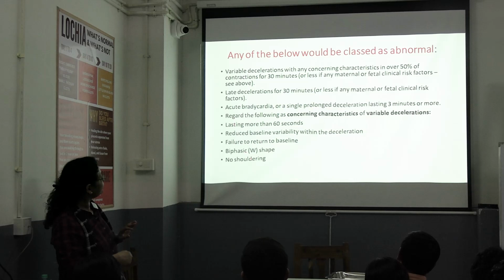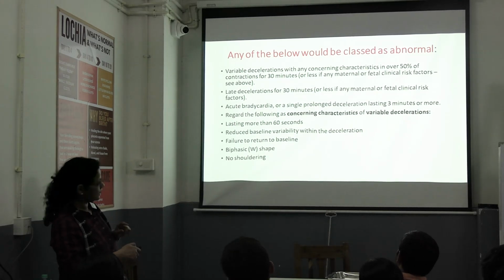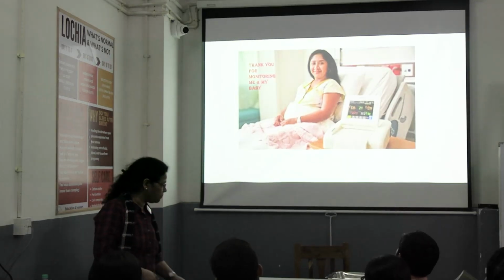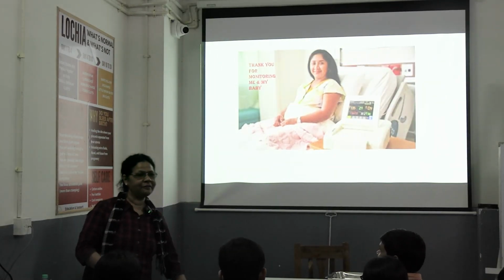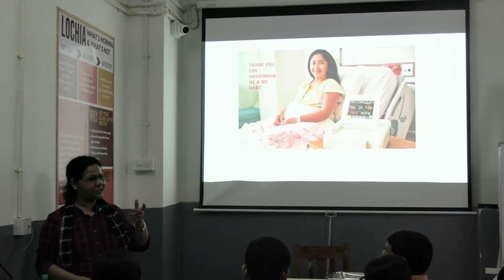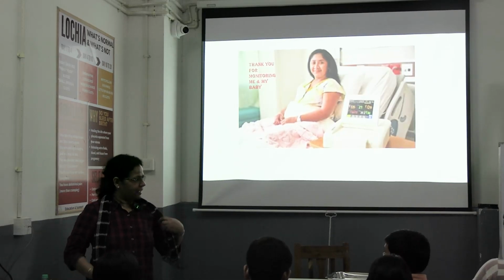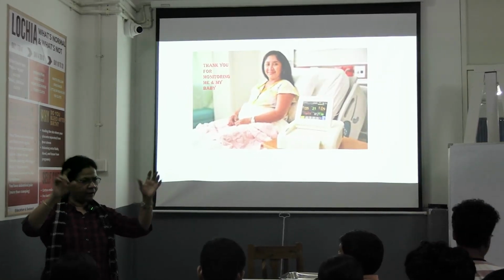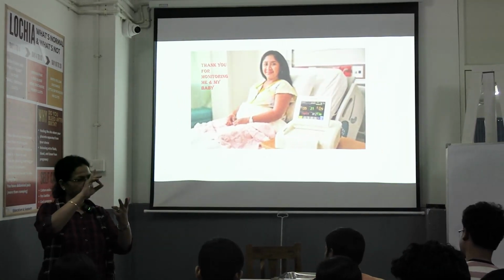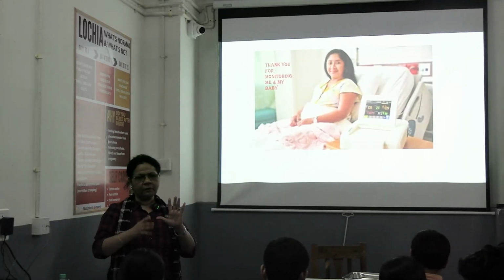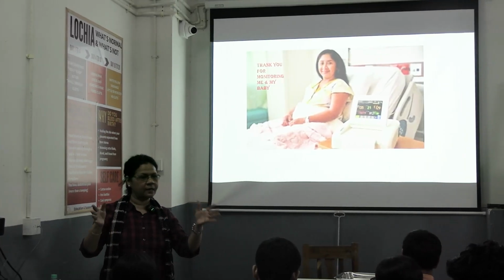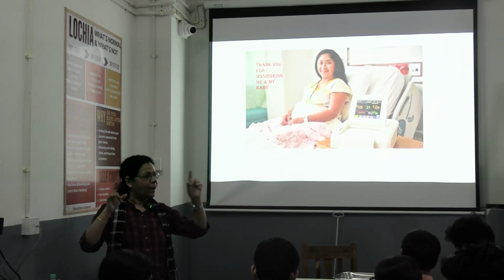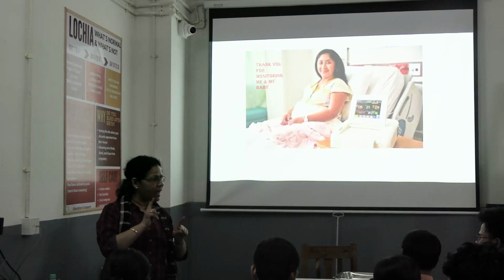So this is how you will get to know the classification, and thank you for being patient with your patient and patient with your teacher as well. Is it clear? The basic things should be clear: heart rate, variability, acceleration, deceleration. Makes you any wiser after this class? Not convinced? Makes you any wiser after this class?